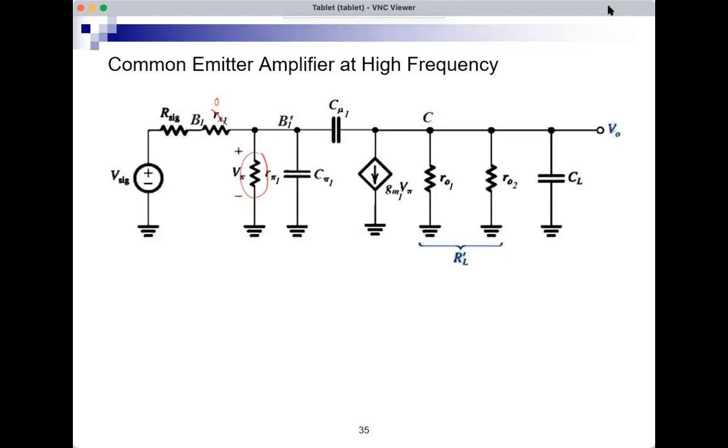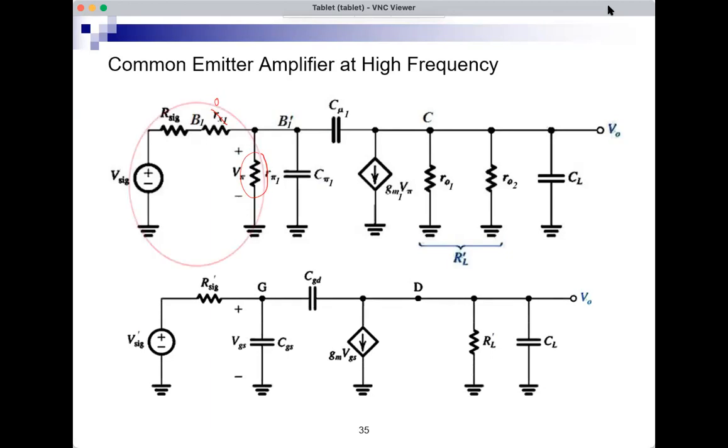So in order to do the calculation once and not repeat it for the BJT, I will take this part of the circuit, so V sig, R sig, and R pi 1, and replace it by its Thevenin equivalent. So this is like V Thevenin for the part of the circuit inside the red circle, and R Thevenin, the Thevenin resistance for the circuit inside the red circle. But I will not call them VTH and RTH. I'll call them V prime sig and R prime sig, because if I do that, and if you look at the circuit